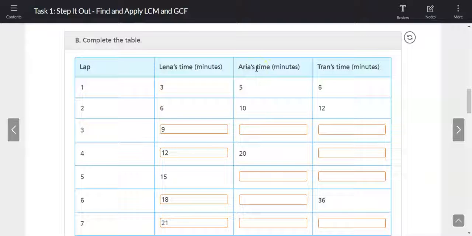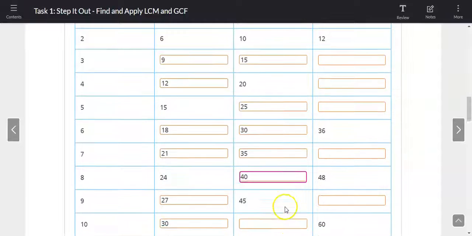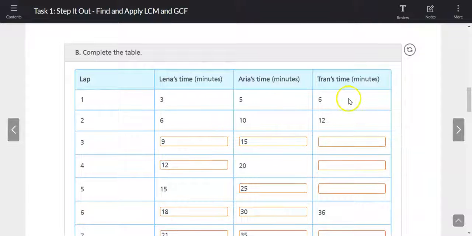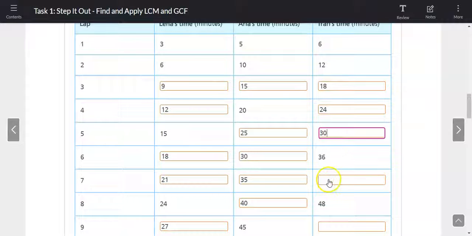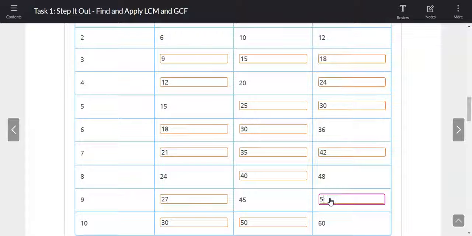Over here, Aria runs each lap in 5 minutes. So we have 5, 10, 15, 20, 25, 30, 35, 40, 45, 50. And our last one, Tran, he runs them in 6 minutes. So 6, 12, 18, 24, 30, 36, 42, 48, 54,